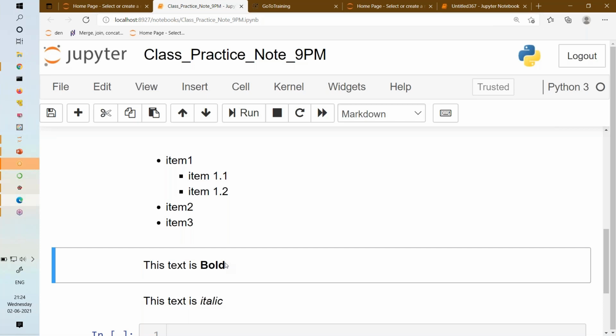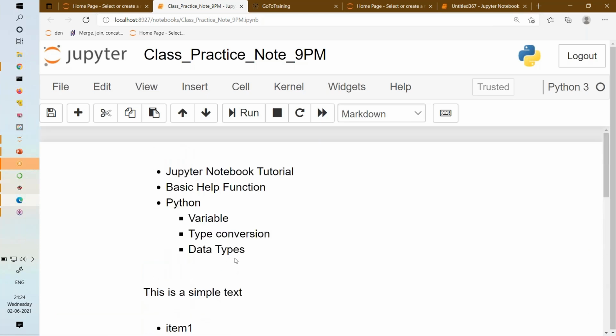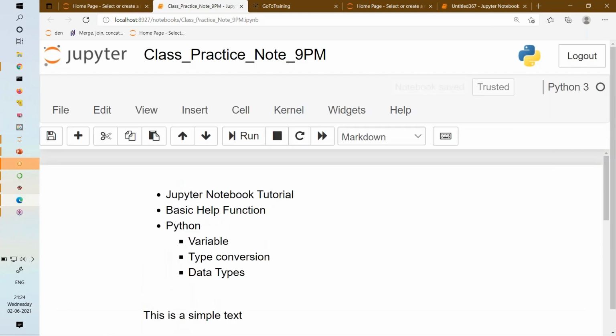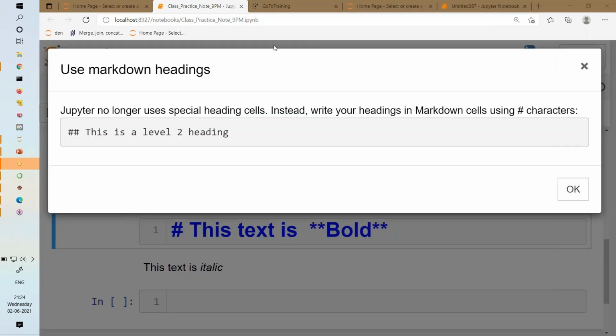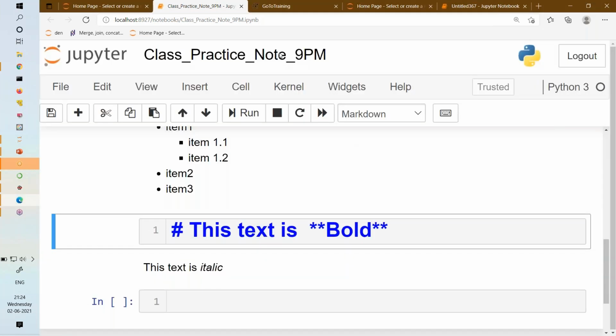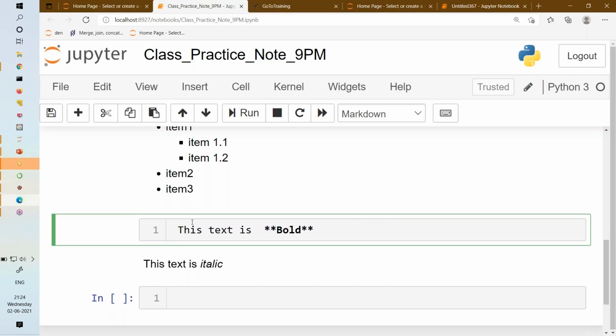Now the next thing we need to understand is heading. Can you see that I have written this before you joined the class? I have written that the session will start at 9:10 or 9:05, so that is bold and big. I have used a header for that. So there is always an option here. You can see heading. There are shortcuts also, but if you are comfortable using this, you can choose headings. So what is this heading? Heading means you will find this in a very big, italic kind of way. So let me not write it. Let me delete this, right?